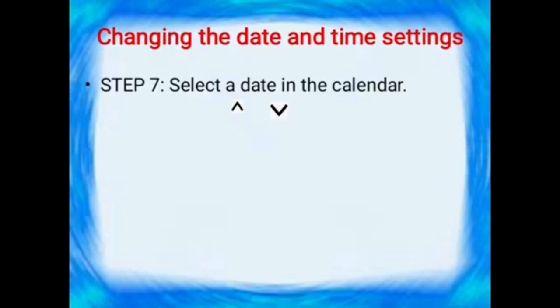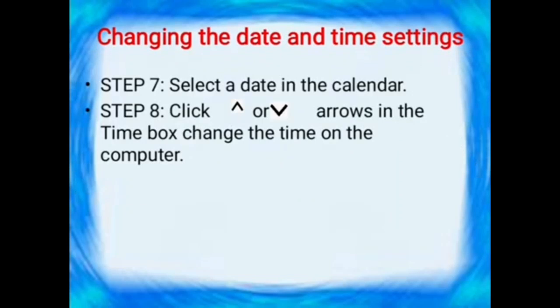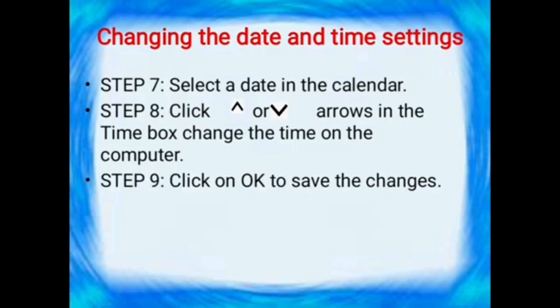The next one is select the date in the calendar. Then click the up arrow or down arrow in the time to change the time of your computer. Next, click on OK to save the changes.